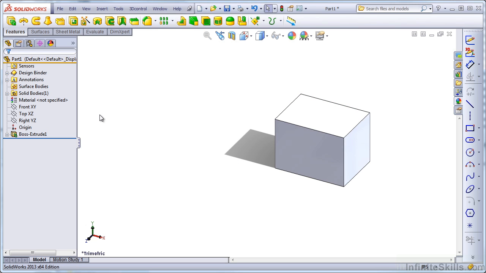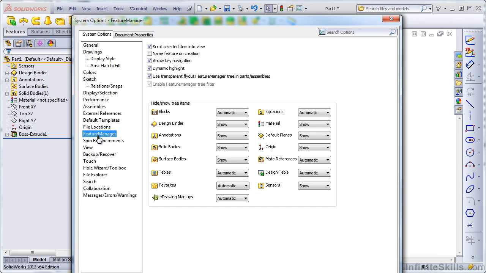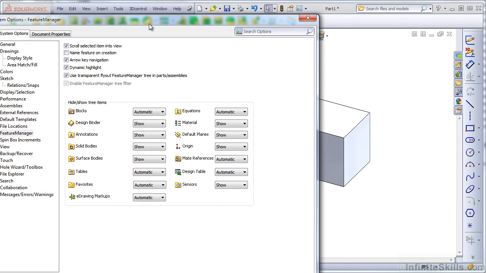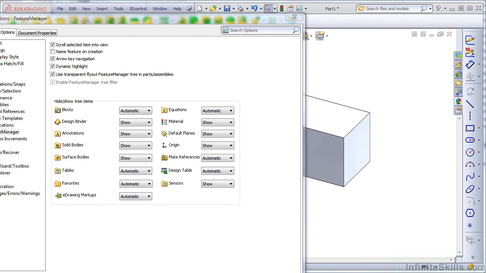Now notice in my feature manager, I have a couple of folders. One of these is called surface bodies, and one is called solid bodies. If you do not have these, this would be a good opportunity to turn them on. Go to your Tools Options dropdown and select Options. In here, you need to go to the Feature Manager page, and in Solid Bodies, make sure this is set to Show, and also Surface Bodies, make sure that one is also set to Show. This way, it will always be clear exactly how many solid bodies or surface bodies you have available in your